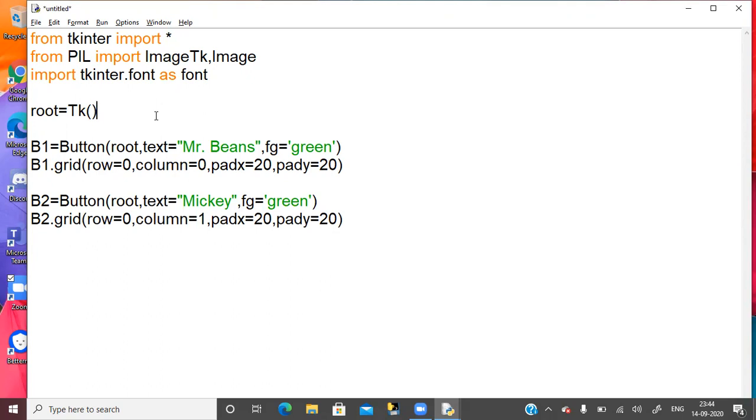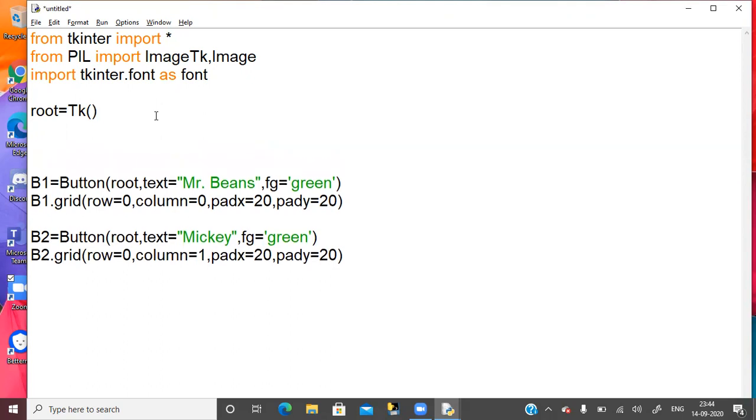I set the style of the buttons. For that I need to create a font और एक डिजाइन बना लेते हैं font का खुद का. For that I need a font module, font.Font, and I want a family. जो भी आपको font style चाहिए यहाँ पे रख सकते हैं आप. Comic Sans, I want Comic Sans. And what is the size of the font that I want? 22. And weight is bold. So I want a bold Comic Sans. This is the style that I want on both buttons.